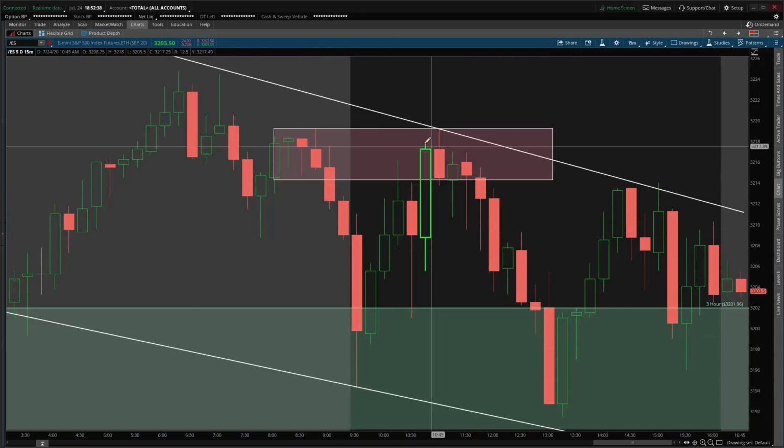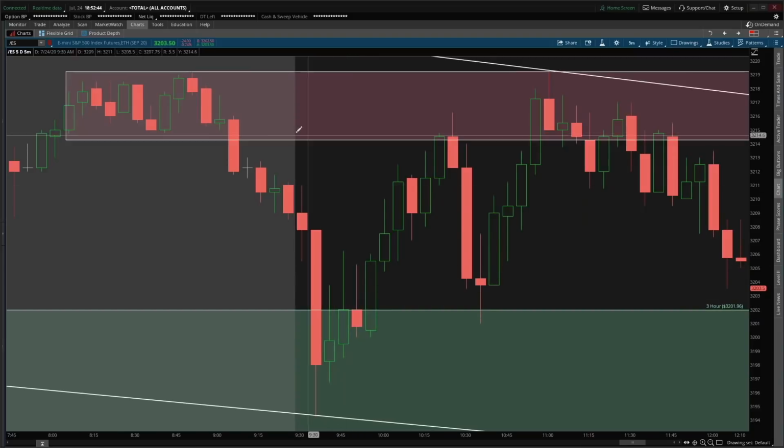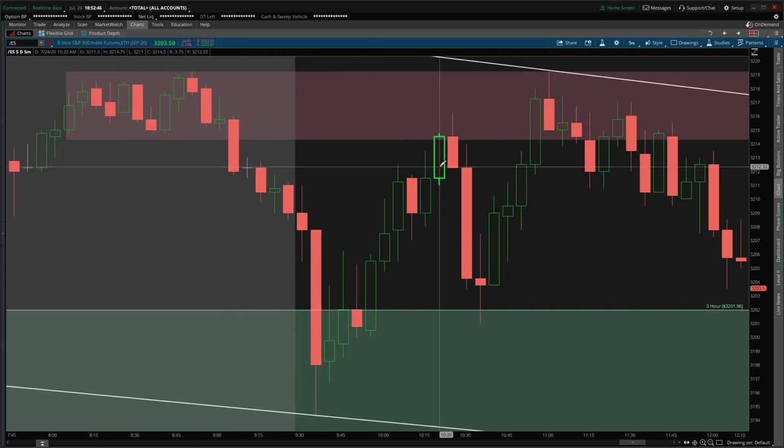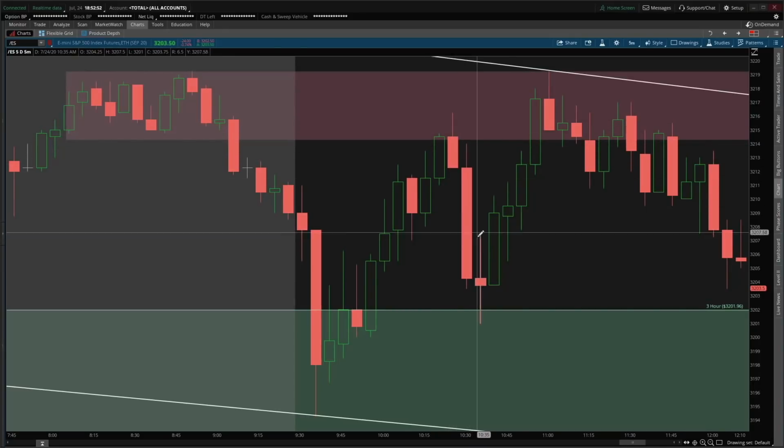Price then rallied into the zone, and now you use a 5 or 15 minute chart for confirmation. So here is the same zone. Price first time traded in it, rallied. You could have taken it short, then boom, price rejected the supply zone, dropped all the way down right here,